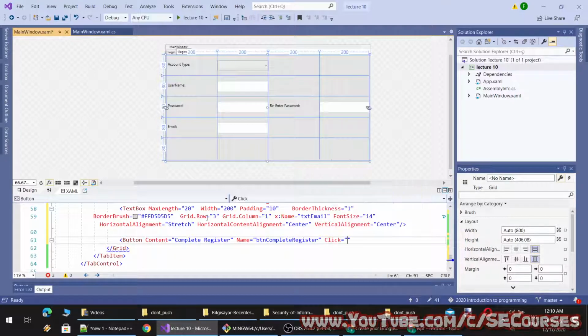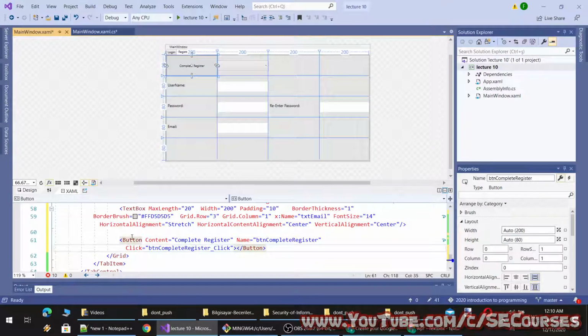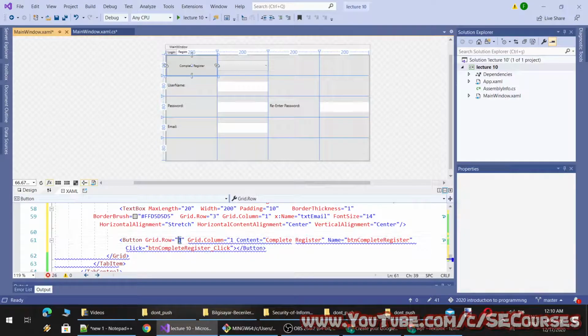And the click event will be this. And I will set its grid column and row. It will be on grid row 4, grid column 0.